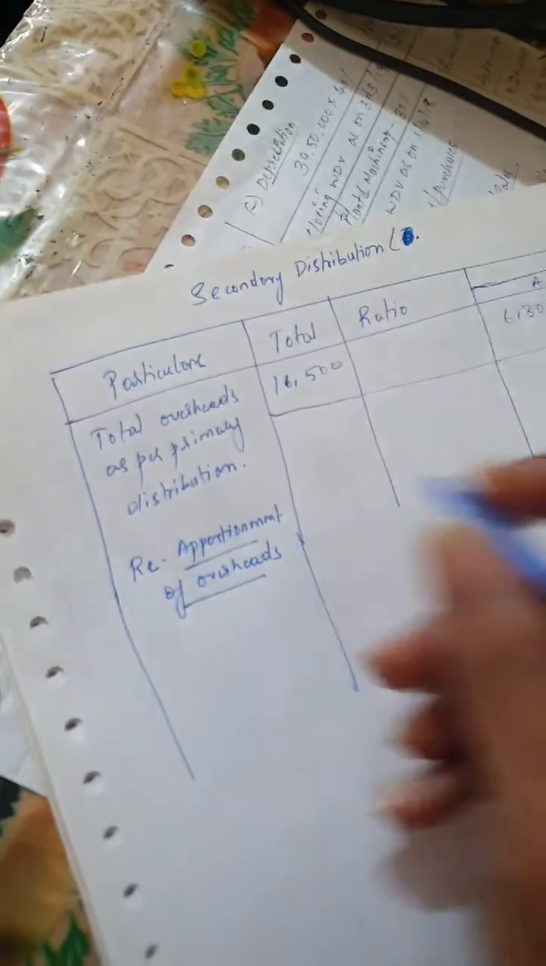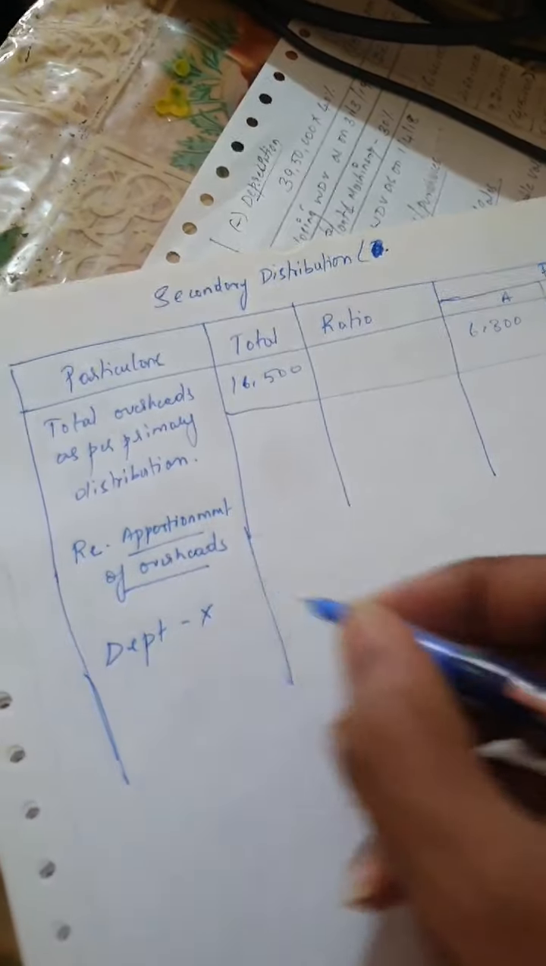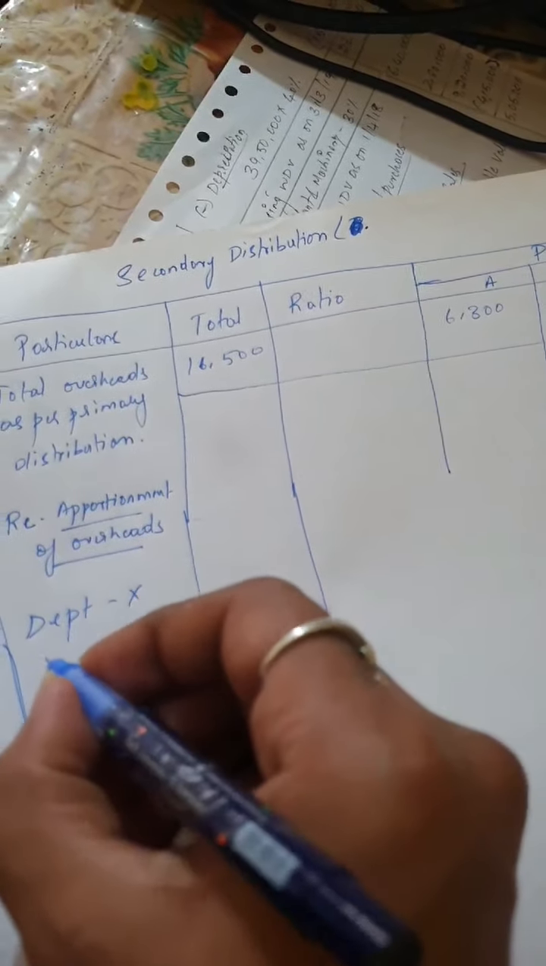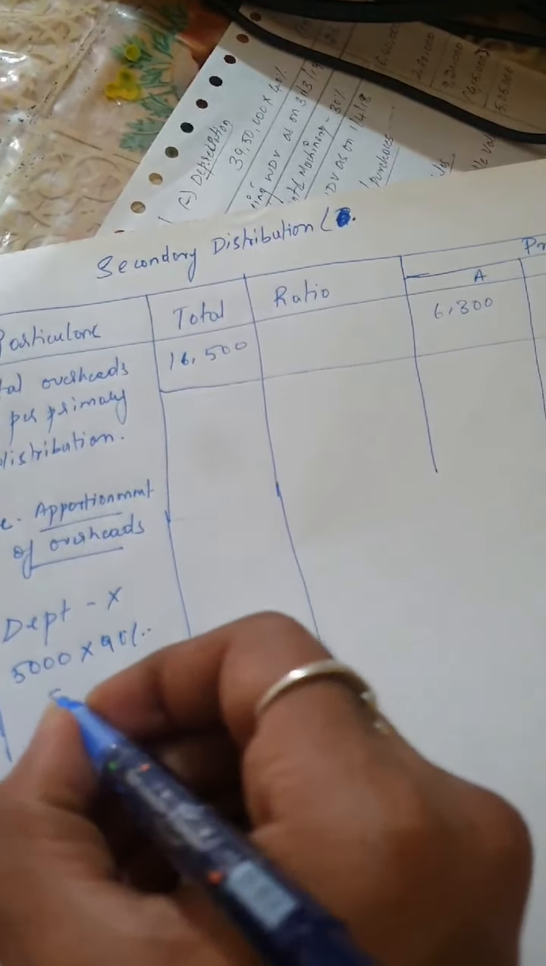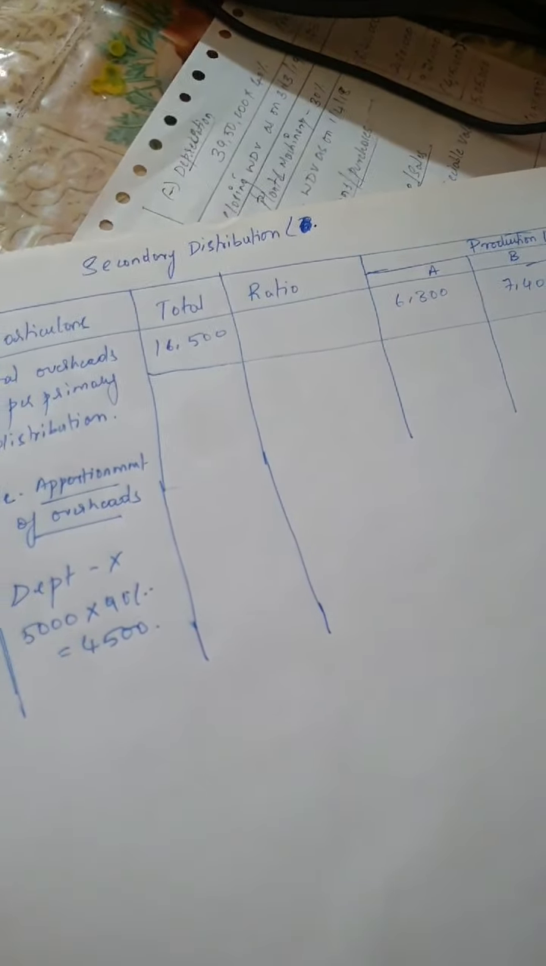So how do we do reapportionment of overheads? First we have to do from service department X. Now in service department X, I told you, even though we got 5000, only 90% should be considered. So 5000 into 90% will be 4500, and this has to be allocated in the ratio which they have given